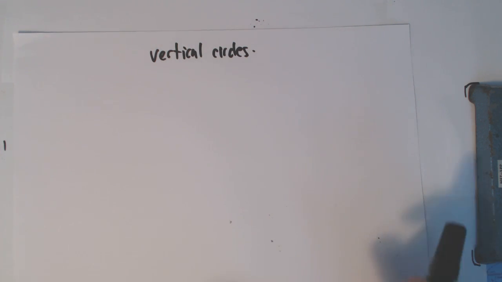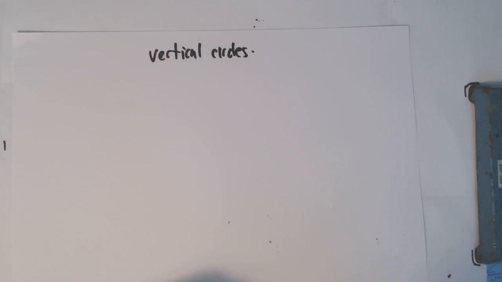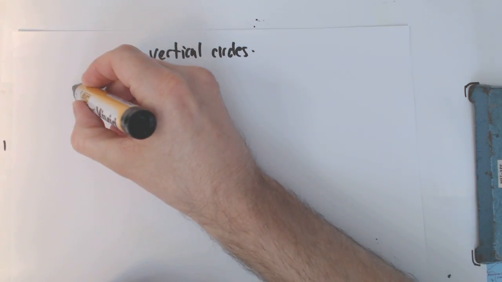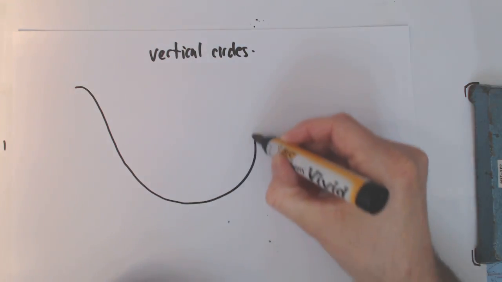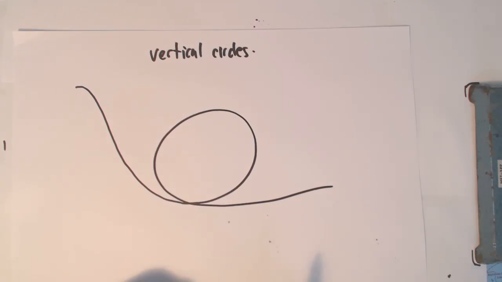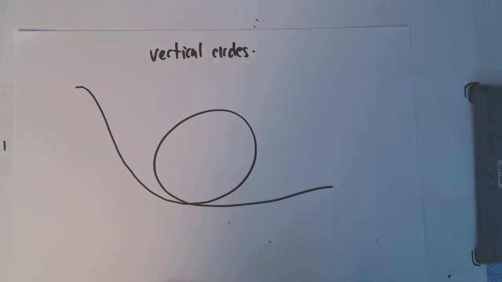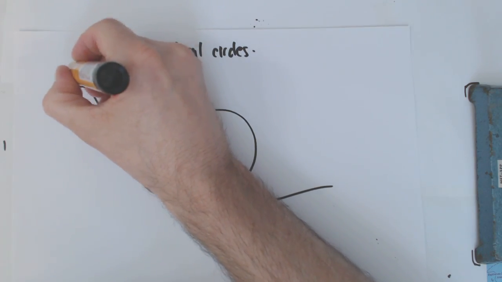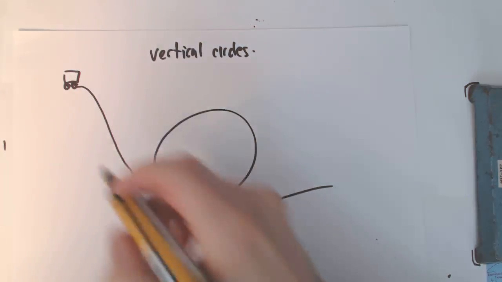Let's have a look at vertical circles. Vertical circles are the tricky bits, and my drawing is pretty poor. Sorry about that, but we'll change to another piece of paper when we get there. So often we have a little car, if you like, at a certain height,